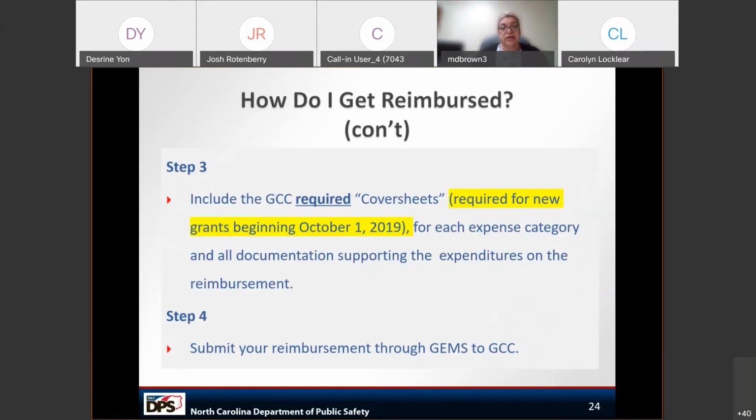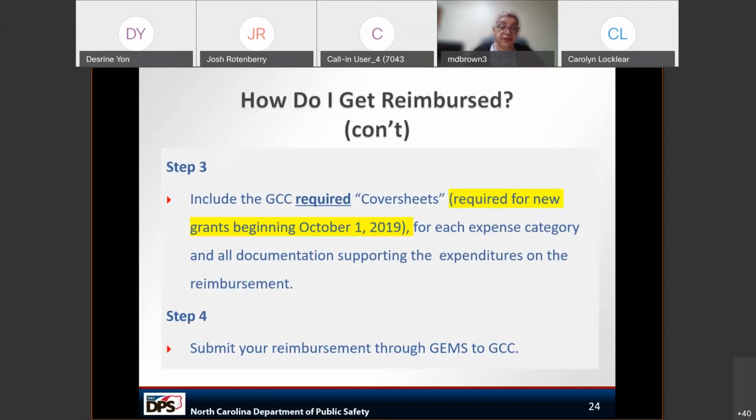That has not changed. The cover sheet is very important, and it helps us as grants administrators when we're reconciling your reimbursements to make sure that you haven't missed a document or you haven't included something that you don't have on your cover sheet, in terms of you've submitted supporting documentation for something that doesn't correlate to your cover sheet because you didn't really want to be reimbursed for that and you put it in. It gives you a way to reconcile it before it's submitted, and it gives us a way to reconcile what you have submitted.